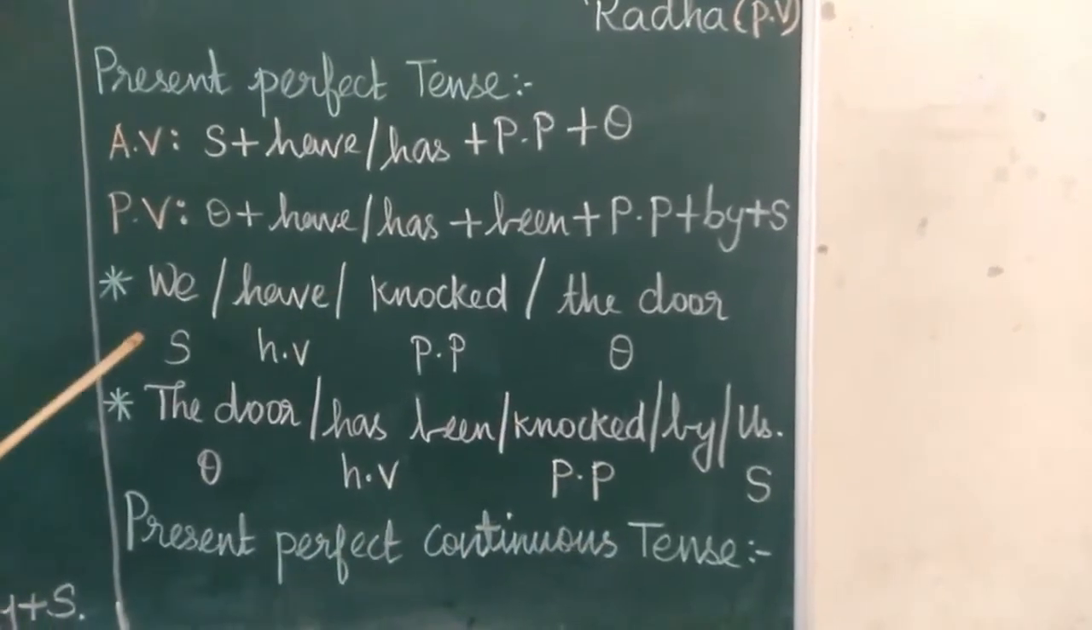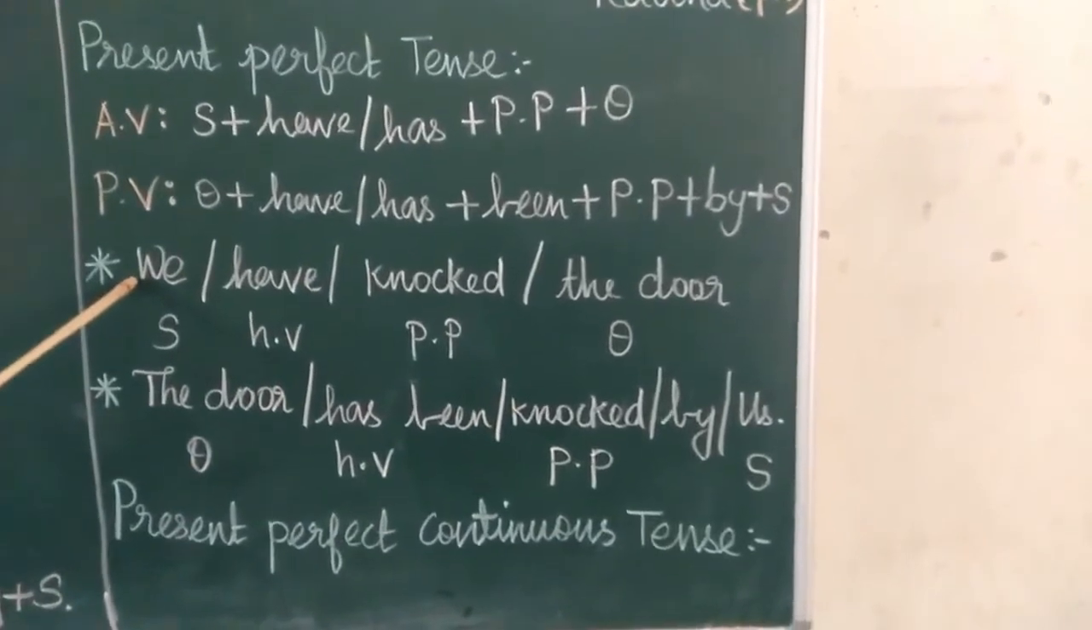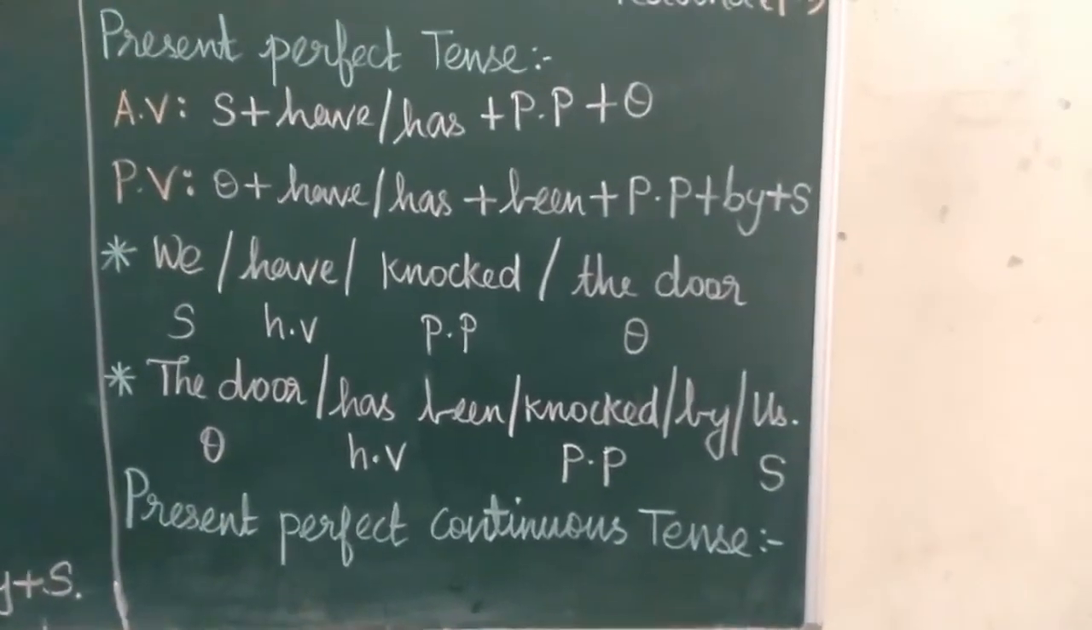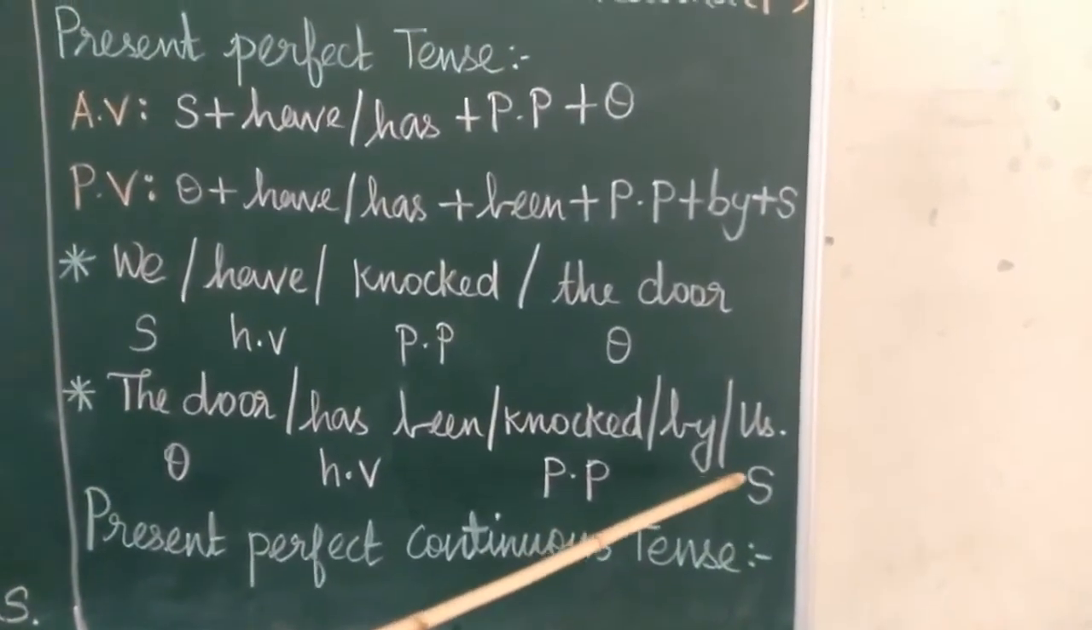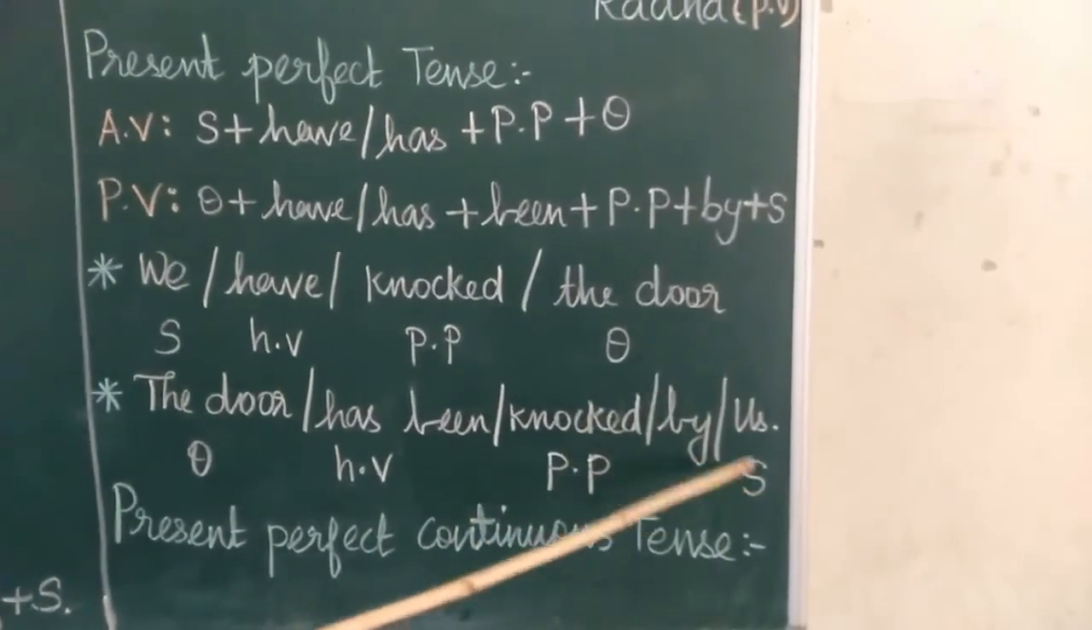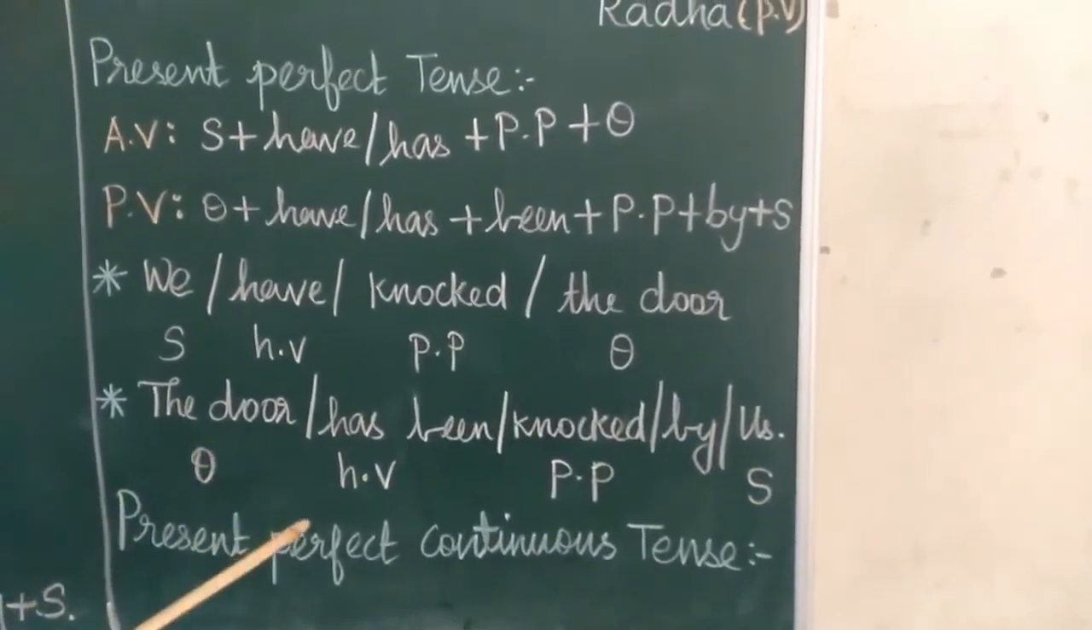What is the subject in active voice? That is we. How do we change the pronoun we? That is us. So we change we into us. The door has been knocked by